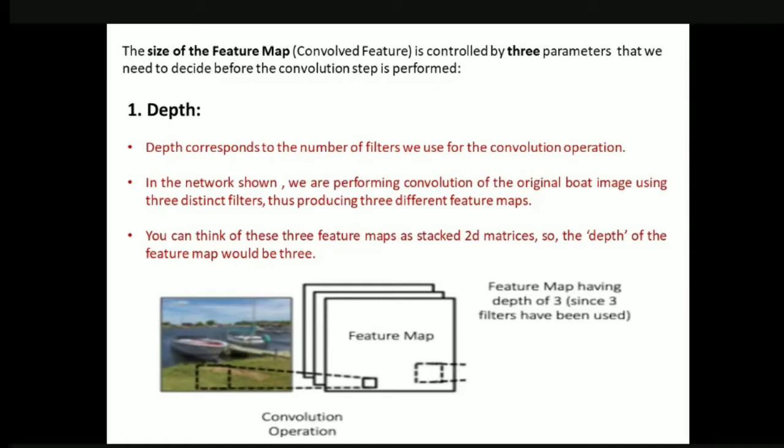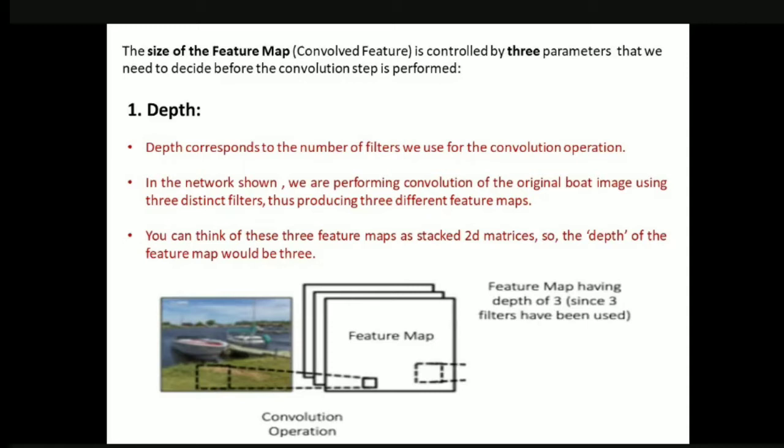If you see here, the original image consists of boards, right? We are performing a convolution operation on this original image using how many distinct filters? Three distinct filters. The top one is the first filter, the next one is the second filter, and the last one is the third filter. When we apply the convolution operation on the original image with a filter, we get a feature map. Since we are using three filters here, how many feature maps will we get? We will get three different, unique feature maps.